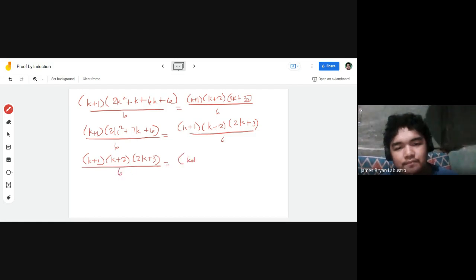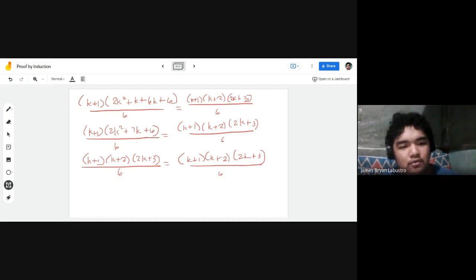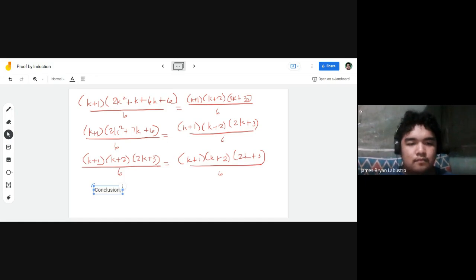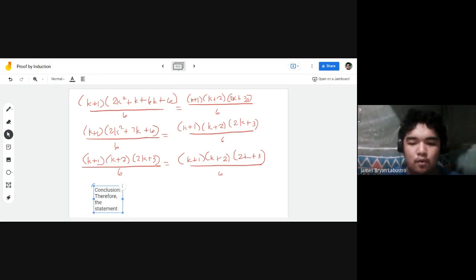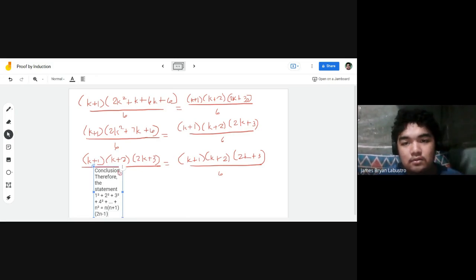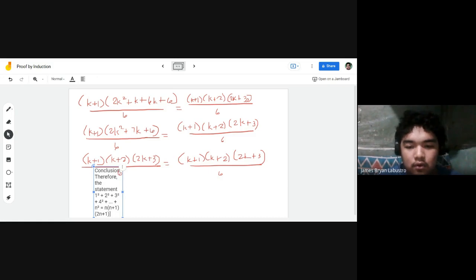Equals (k+1)(k+2)(2k+3) all over 6. So to conclude, we have therefore the statement 1² + 2² + 3² + 4² + ... + n² is equal to n(n+1)(2n+1) all over 6,